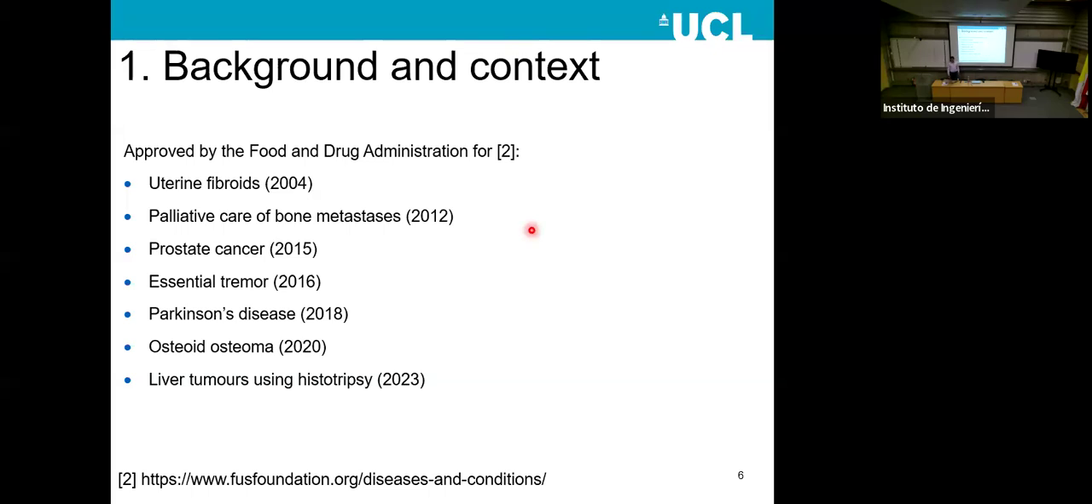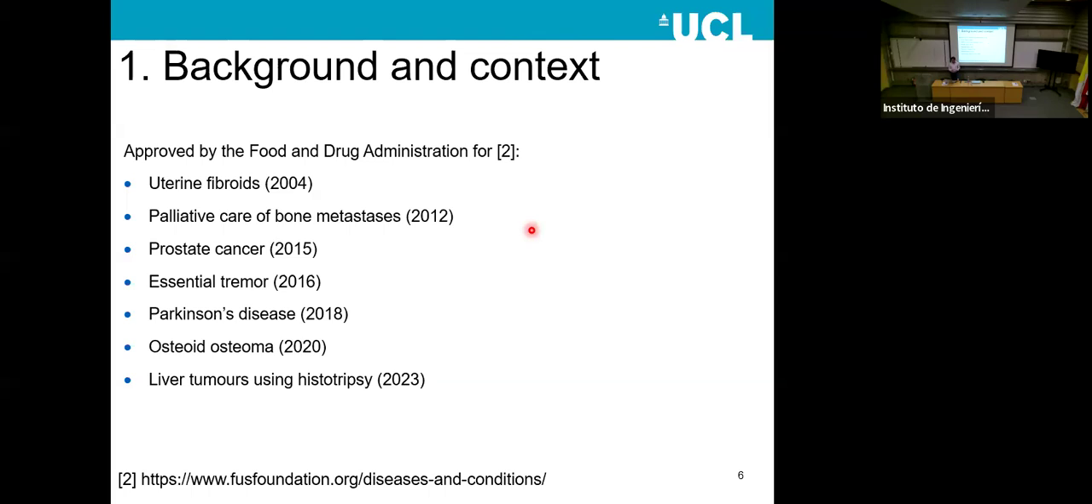So it's not actually new, all this. It predates, in fact, diagnostic ultrasound, therapeutic ultrasound. The initial experiments, I think, took place in the 50s. Now it was slow development, slow uptake, but since the 2000s, we've had an increasing amount of approval by the